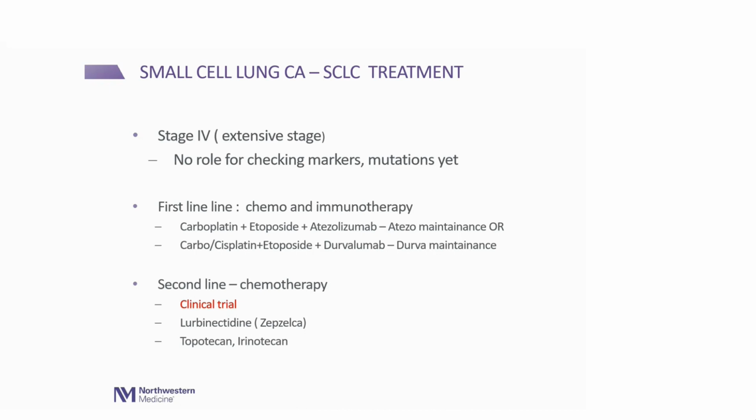For frontline, first line at new diagnosis, we do chemotherapy and immunotherapy. These are some of the names of the medicines. After this, we do maintenance with just immunotherapy, and these patients only get immunotherapy without chemotherapy, so their quality of life is much better. Side effects are much milder, and we keep them on that way. If cancer grows on this, then we have second line treatments, other chemotherapy medicines like lurbinectedin, topotecan, irinotecan, or as I said, clinical trial, because we always prefer this.